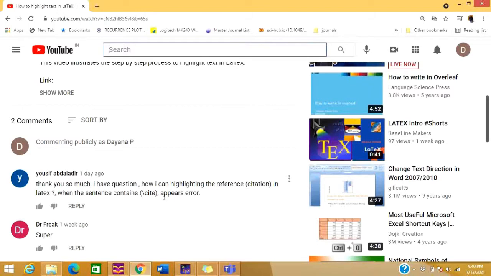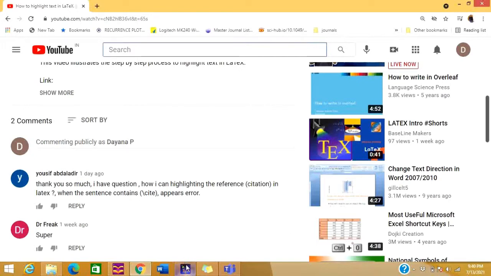So what I understand is that you need to highlight the reference number which appears in the square bracket by using the HL command. I'll try to address this query along with some other possible combinations.